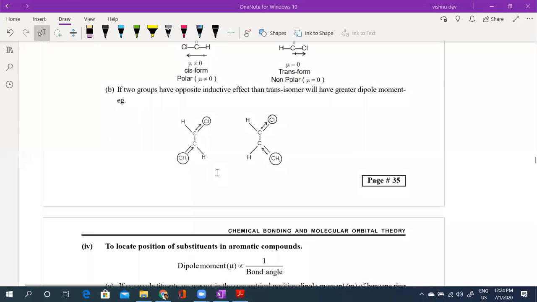बट अगर एक Cl हो गया और एक CH3 हो गया तो बताओ, देखो trans में क्या है, ये इधर ये भी इधर, और cis में ये इधर और ये इधर. अब बताओ, now I just replaced one Cl with one CH3. Now in this case cis का ज्यादा कि trans का ज्यादा? Tell me. Cis or trans? In this case I just replaced one Cl with CH3, ठीक है,